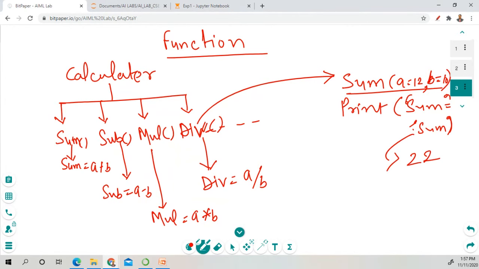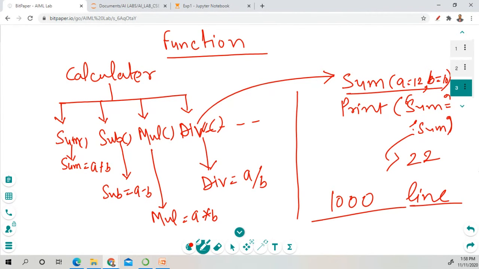Write in chat box, have you understood the function, how we can use this function? So what is the main purpose of this function? If you create a big program, let's suppose 1000 lines of code written in the main function, and suppose that in one line an error occurs, it is very difficult to find out that line.